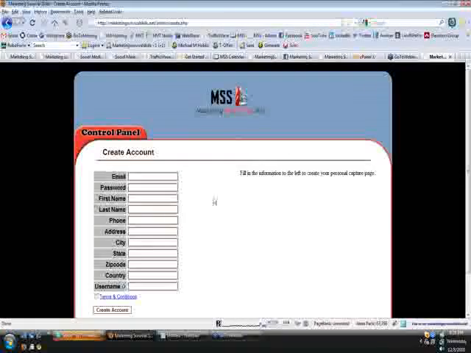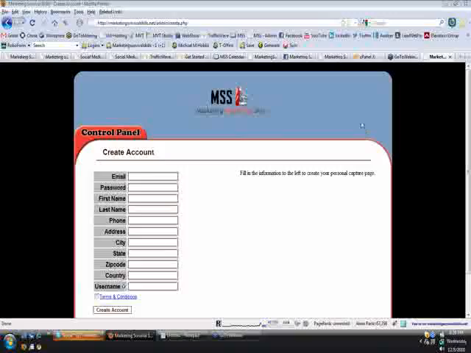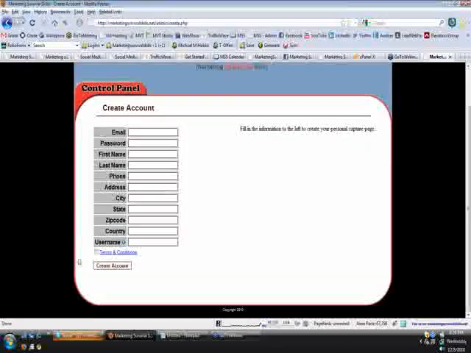Okay, so as soon as they're done paying, it's going to take them to a page like this, where they just fill out their email, their password, their first name. Now this is where they got to put their PayPal email in. So some people make a mistake there, and it's fine. We can easily fix it, but